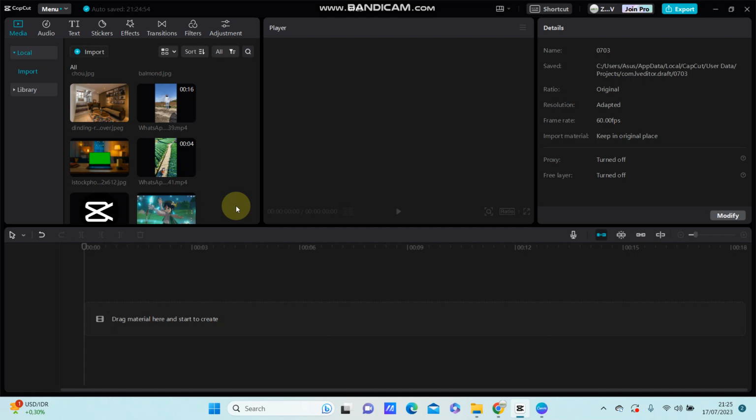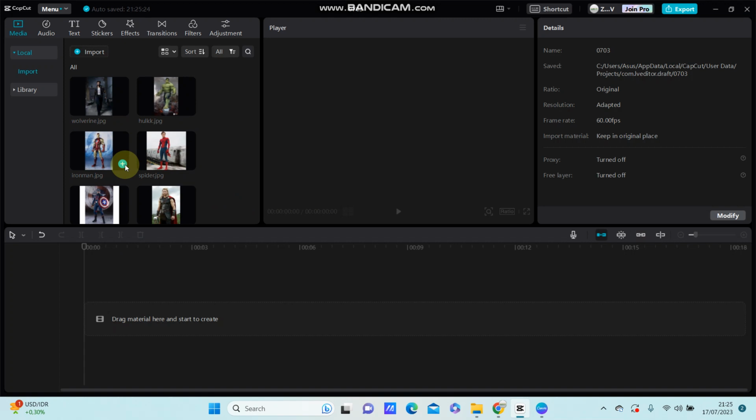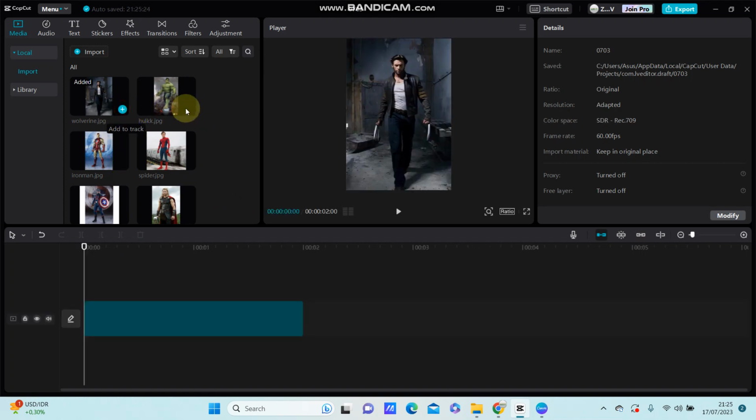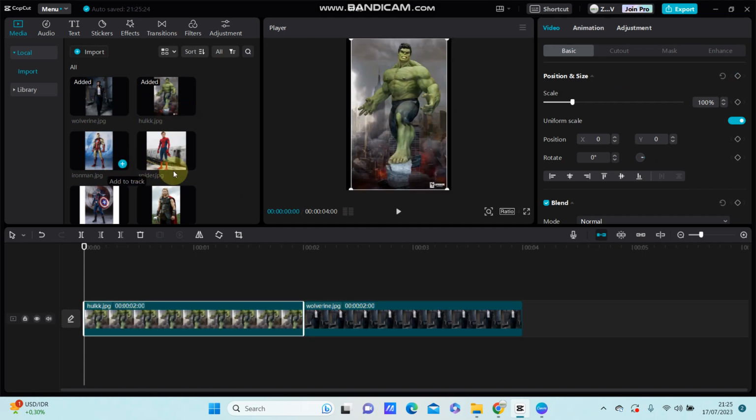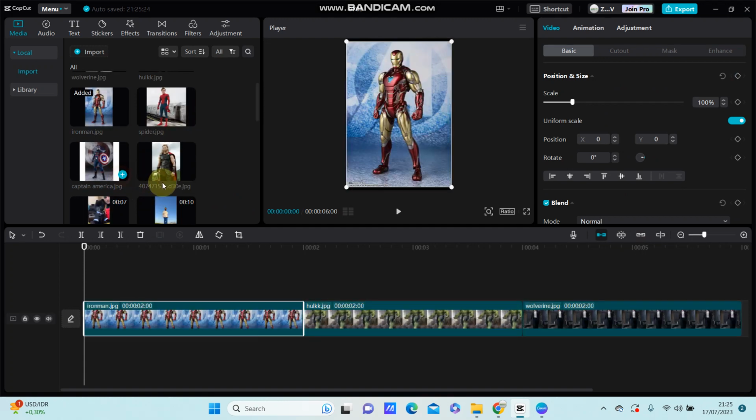Hello everyone, in this video I'm going to show you how to make a swing button left effect in CapCut PC using animation effect. So first you can add your photos or images that you like to edit, and for example I'm going to select some images to the right, and